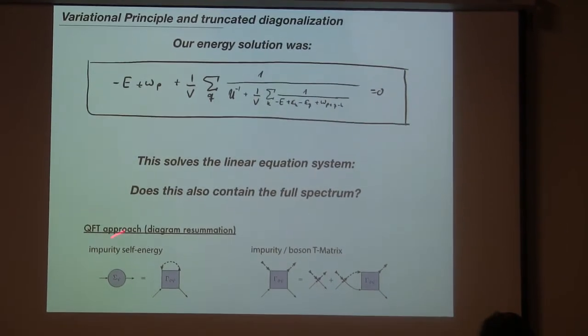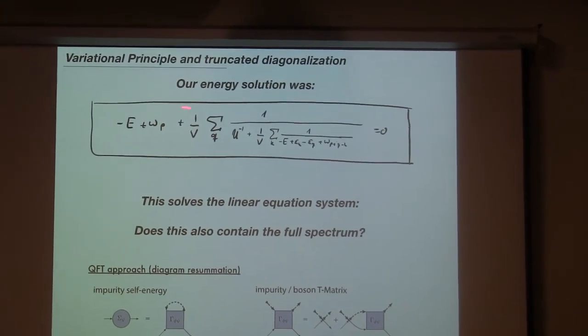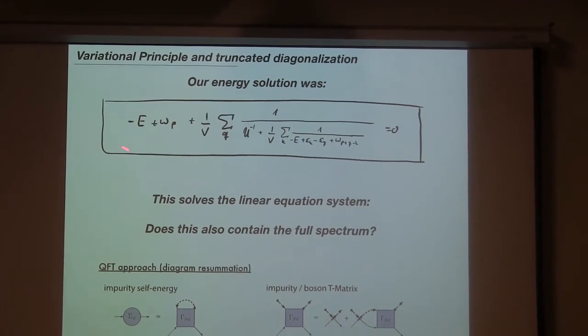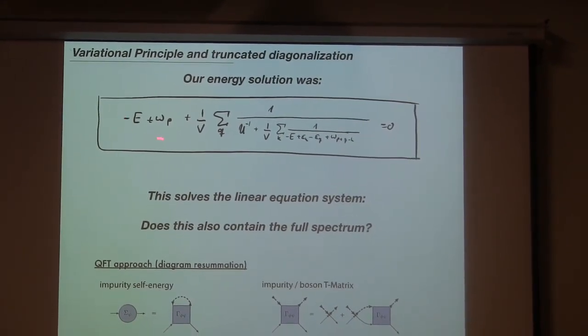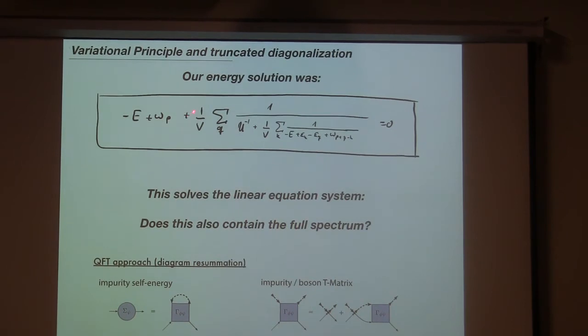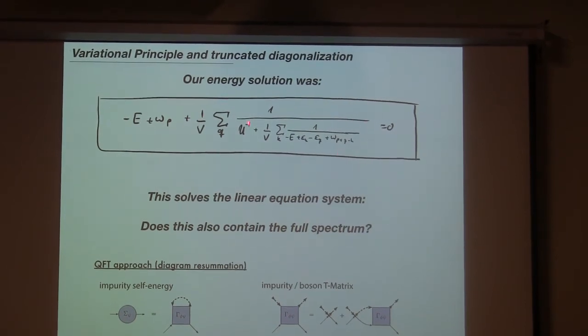And the thing is, if you do this calculation, interestingly, for the ones of you who do QFT calculations, this looks very much like a bare particle propagator plus its self-energy. And the formula is exactly what you get out in a QFT approach. So quite obviously, from this formula, it's already obvious what you have to do. You put this in the denominator, take the imaginary part, you get the spectrum.